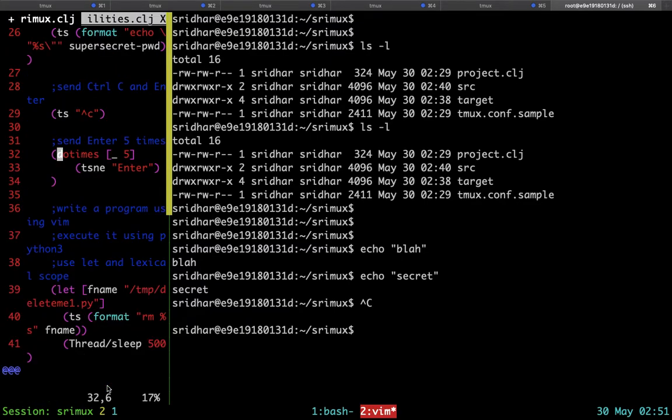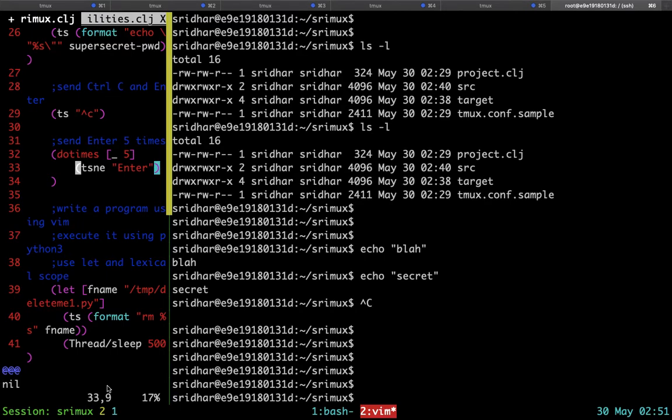So this is a demonstration of how powerful your S expression based automation could be. So you have a for loop and in that for loop you have entered enter 5 times. So it doesn't end here. You can even have lexical variables like here.